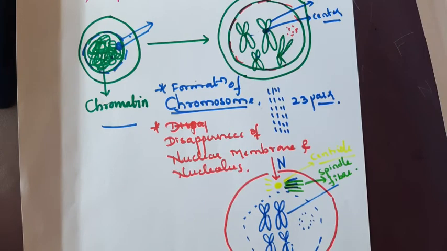After chromosome formation, the centromere is also formed, meaning chromatids attach with the centromere to form the chromosome structure. Then the nuclear membrane which surrounds the nucleus disappears, and the spherical structure which is present in the nucleus